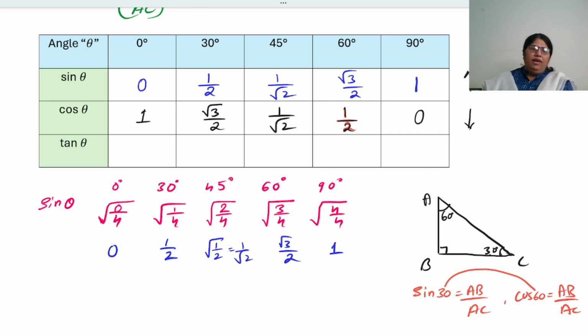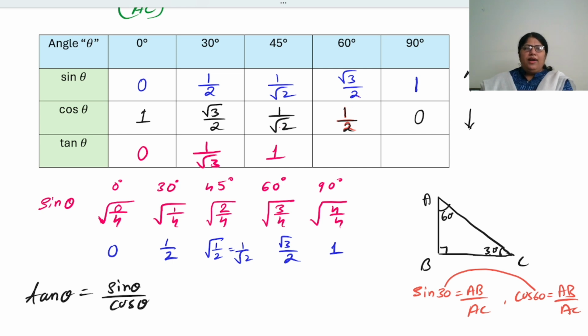Correct? Now tan, if you don't remember tan values, you can just do it here. Tan theta is sine theta by cos theta. So you can divide these two to reach tan theta. How are you going to do it? Tan 0 is 0 by 1, that is 0. 1 by 2 divided by root 3 by 2 is 1 by root 3. 1 by root 2 by 1 by root 2 is 1. Then root 3 by 2 divided by 1 by 2 is going to be root 3, and this is going to be a not defined value,